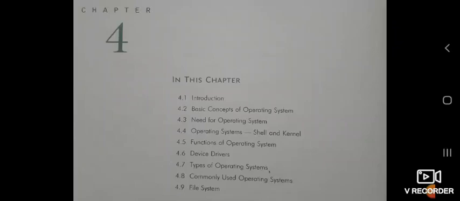Dear student, this is class 9th computer science. Today we are going to discuss chapter 4, basics of operating system, and today we will discuss the functions of